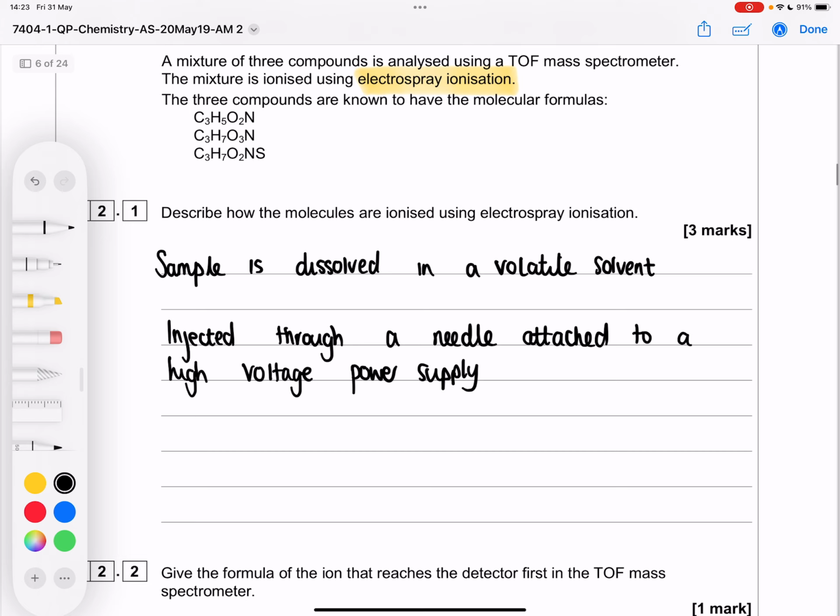As a result of that, as it passes through the needle, each particle in the sample gains a proton